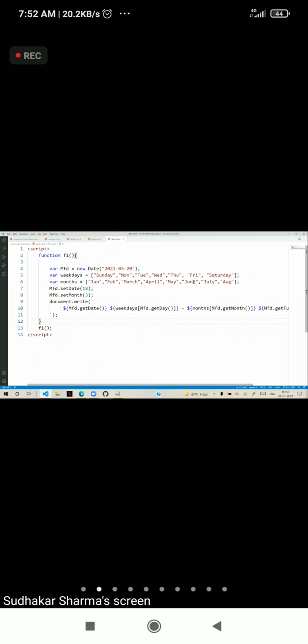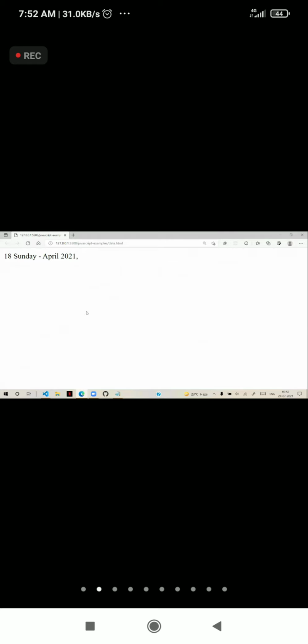For example, whenever you open any website, like Facebook or Twitter or any website, it will show you the salutation on the home screen. Good morning, good afternoon, good evening. It will change according to the time. It can display different contents and it can change according to the time and date. It can display different values. It can display the time ticking continuously. For that, some techniques we have to learn.